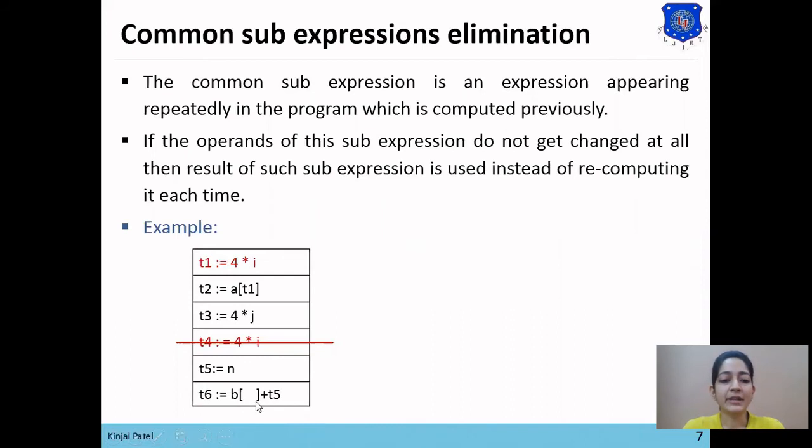So T6 equals B of T1 plus T5. This is how we can eliminate the common subexpression that appeared in the intermediate code.